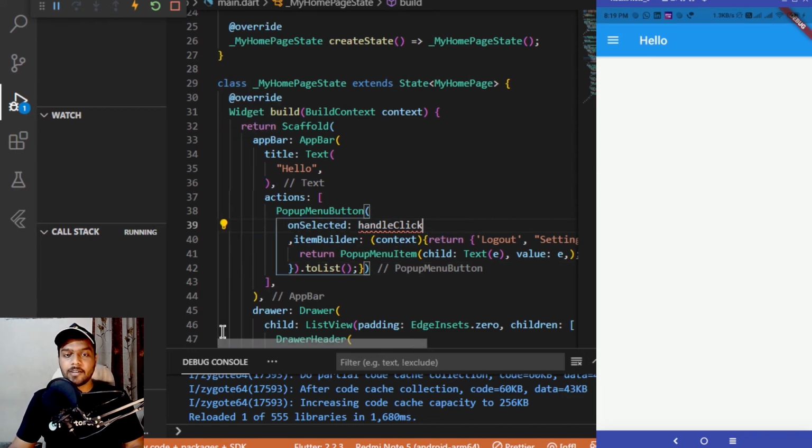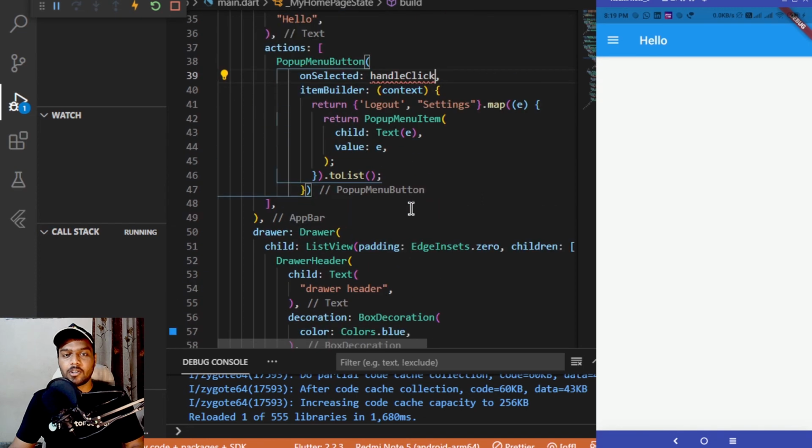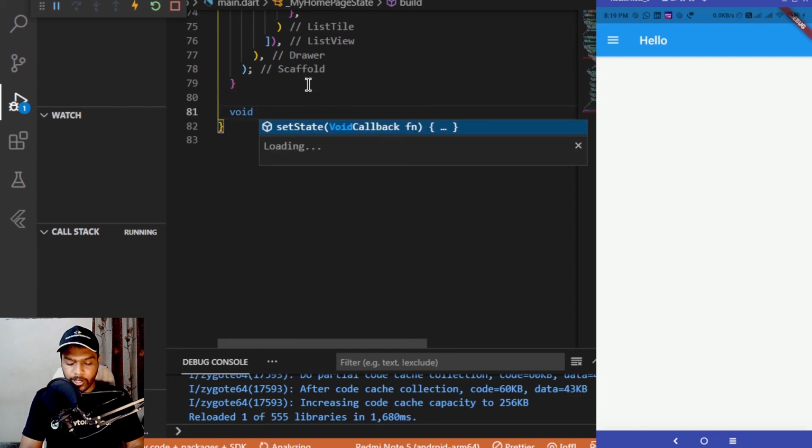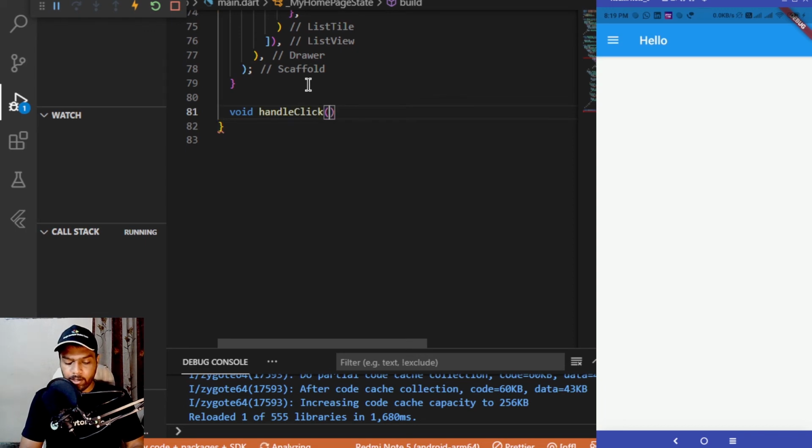Now let's create this handle click function as well, because if we don't create it, it won't work. This particular top 3 dots which we are going to display won't be working. So we need to add a handle click function as well. It will be of type void. The name would be handle click, as I mentioned earlier. It will take a string inside it,